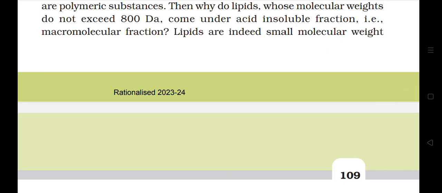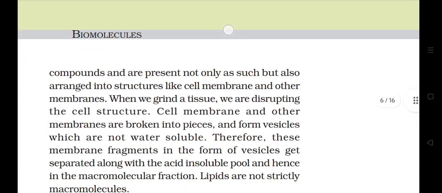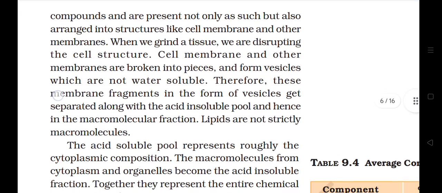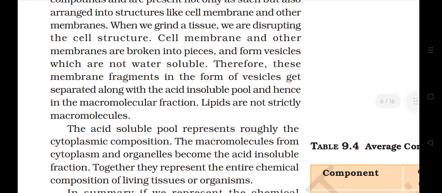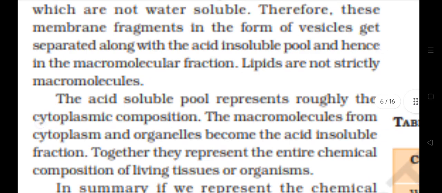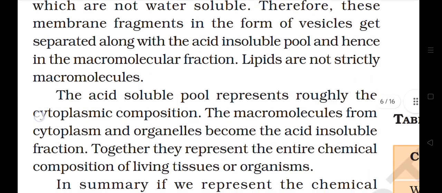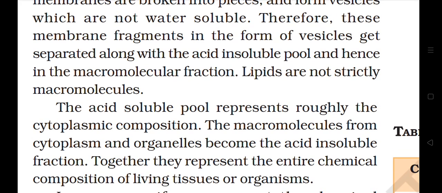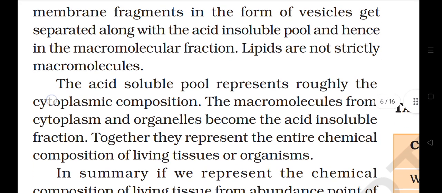Lipids are indeed small molecular weight compounds and are present not only as such but also arranged into structures like cell membrane and other membranes. When we grind a tissue, we are disrupting the cell structure. Cell membrane and other membranes are broken into pieces and form vesicles which are not water soluble. Therefore, these membrane fragments in the form of vesicles get separated along with the acid insoluble pool, and hence in